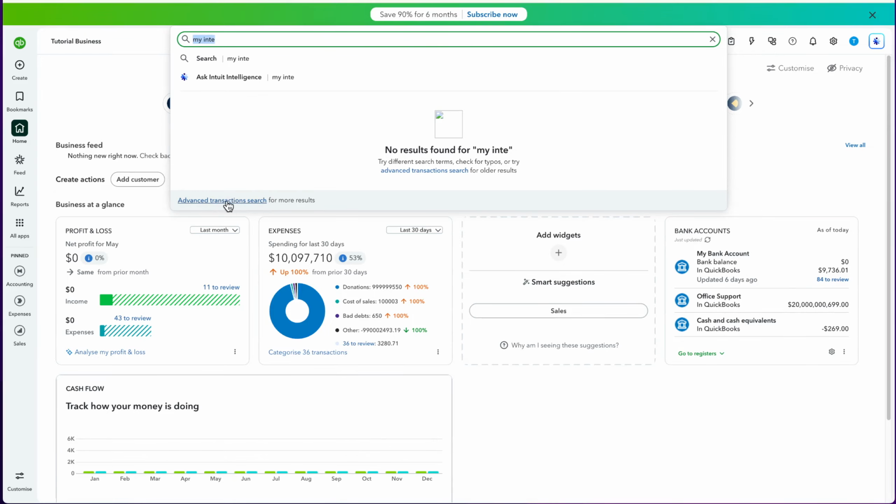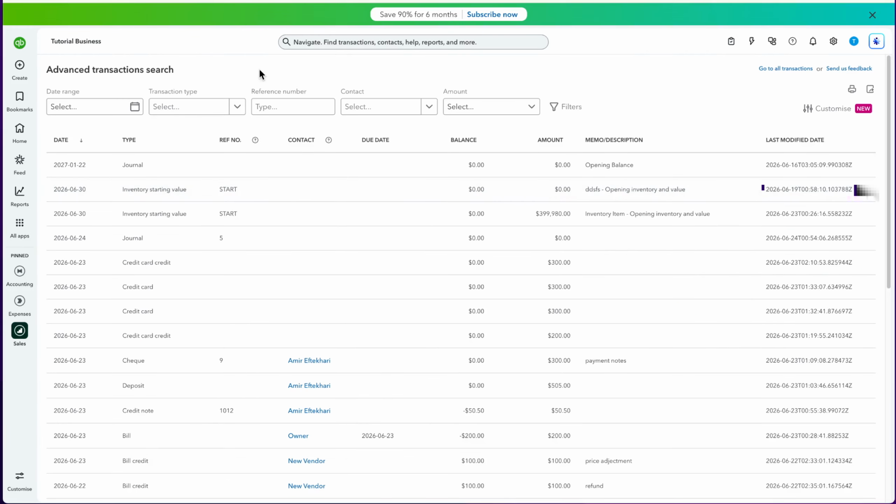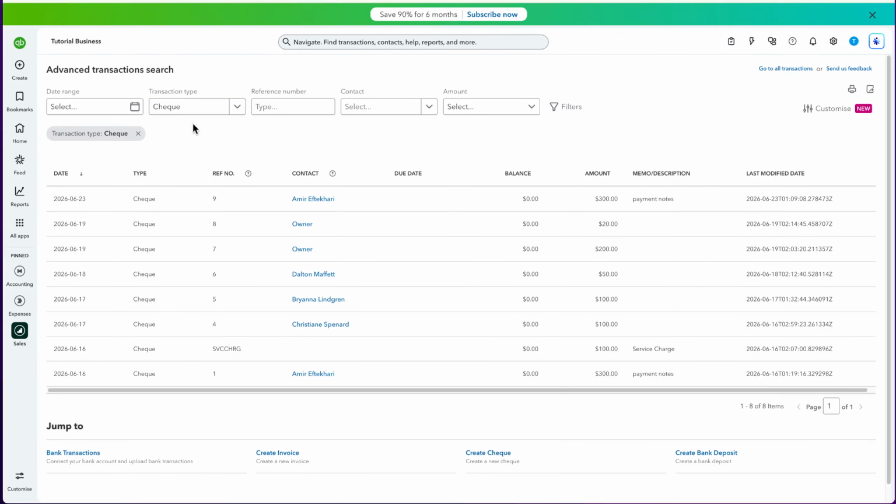Next, from the drop-down menu that appears, select the option labeled Advanced Transaction Search. This will give you access to a more detailed search panel where you can specify exactly what you're looking for. Now, in the search panel, locate the filter called Transaction Type. Set this filter to check. This tells QuickBooks to focus only on checks, narrowing down the results and making it easier to find the one